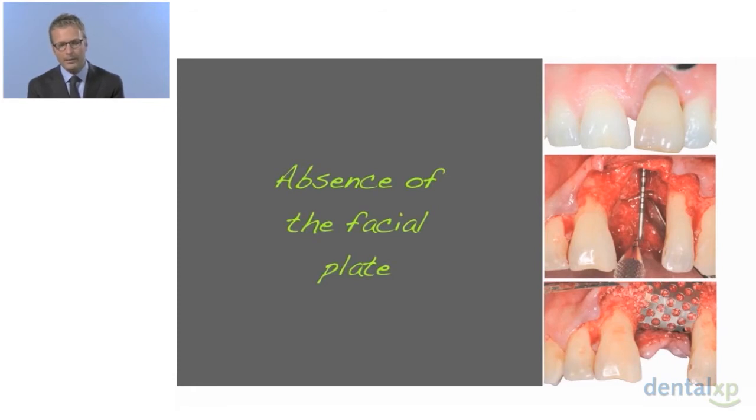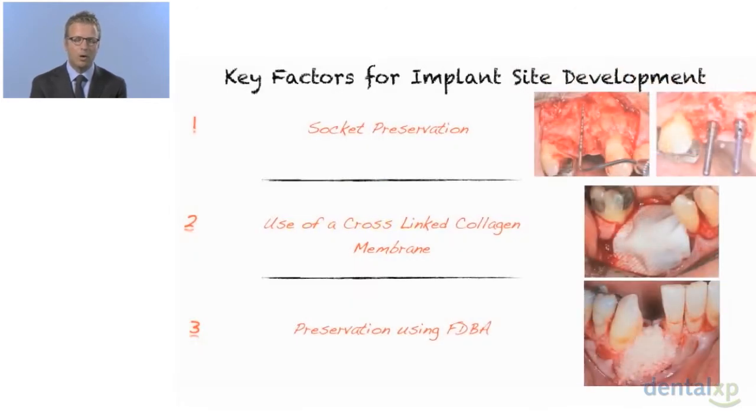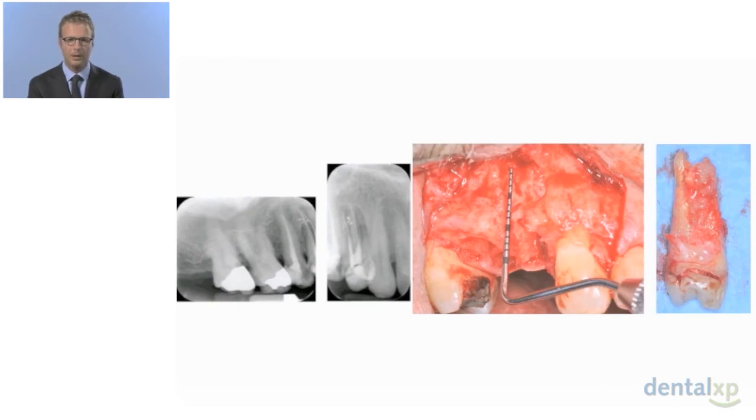In my hands, and what I normally do in my clinic, if I have an absence of the facial plate, I normally graft the area. So I don't go for an immediate implant placement in this situation, but I normally use a socket preservation technique with a cross-link collagen membrane, so a slow resorption rate membrane, and I preserve the area using FDBA, sometimes mixed with the xenograft material. So looking at this case, for example, I have a fracture